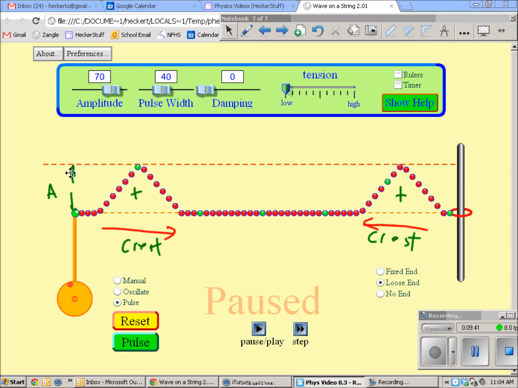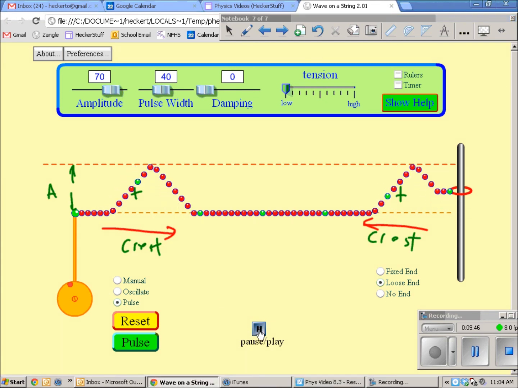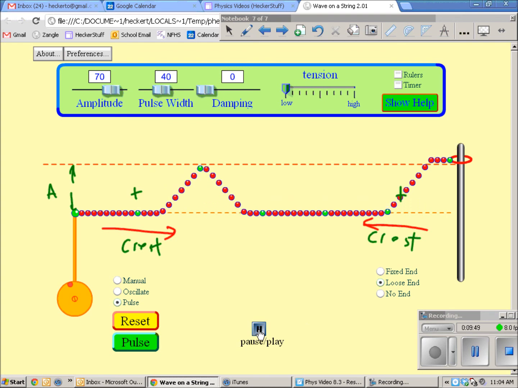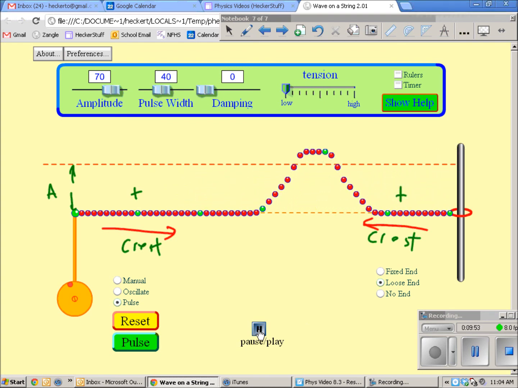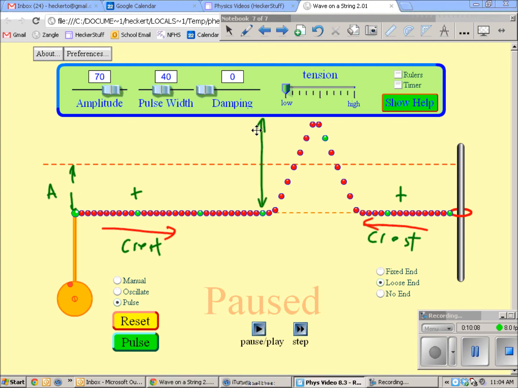All right, so let me unpause it here, and let's see what happens. Okay, now they're moving towards each other. The waves are moving towards each other, and boom, right there, we had that moment where they overlap with each other, right? And look what happened. So right now, my two crests have crossed paths, and our resulting amplitude is basically amplitude plus amplitude, right? You've got the amplitude from the first wave combining with the amplitude of the second wave,